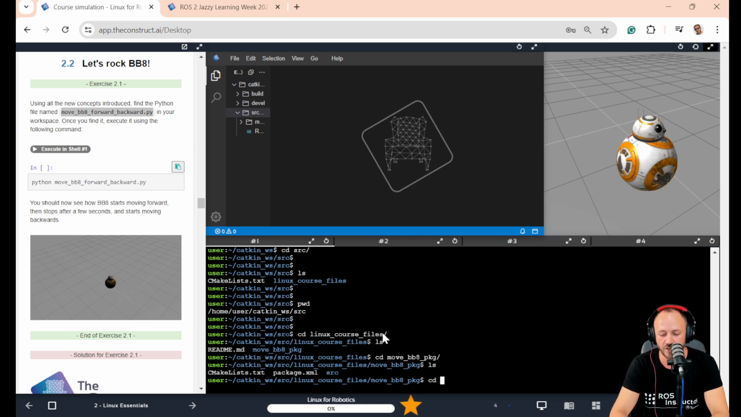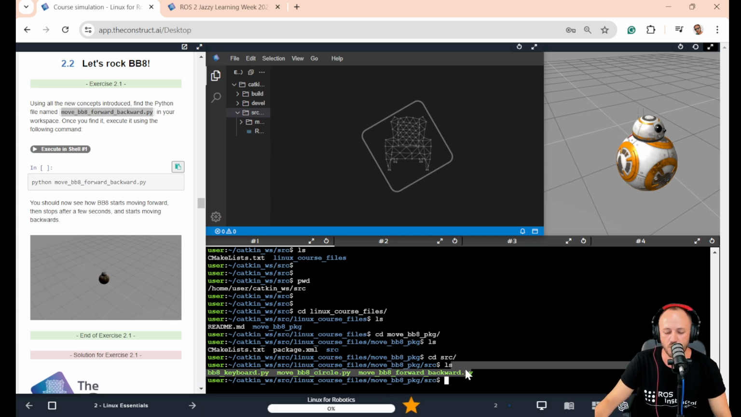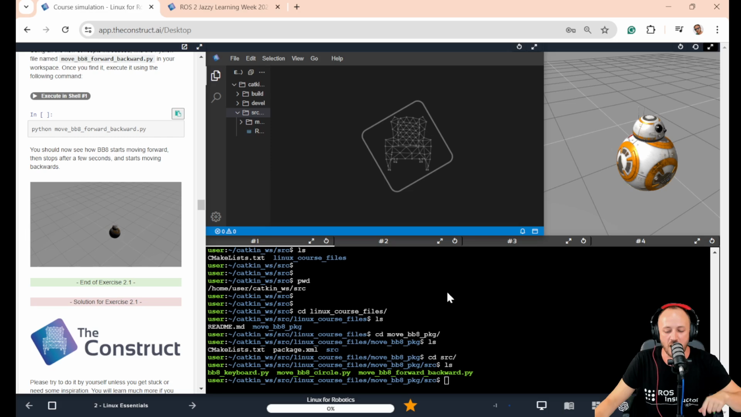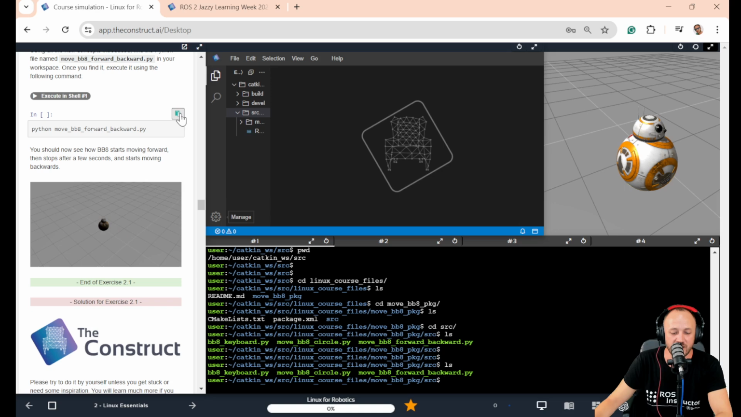And still not here. So let me go now inside the SRC folder. And finally here I am able to find this file, move bb8 forward backward. There are faster ways in which I can look for a specific file, but the exercise says with the new concepts introduced, okay? So we cannot use any more advanced tricks for now, okay? Now, once we find the file here, we can execute this command